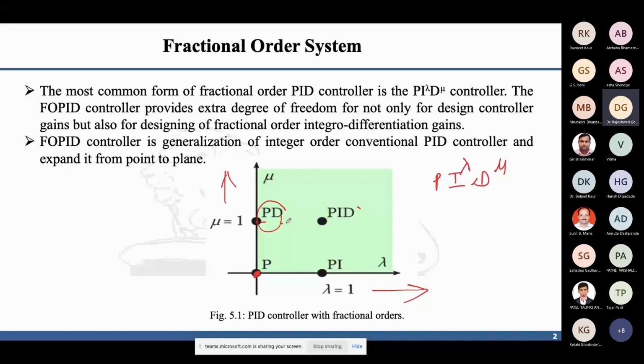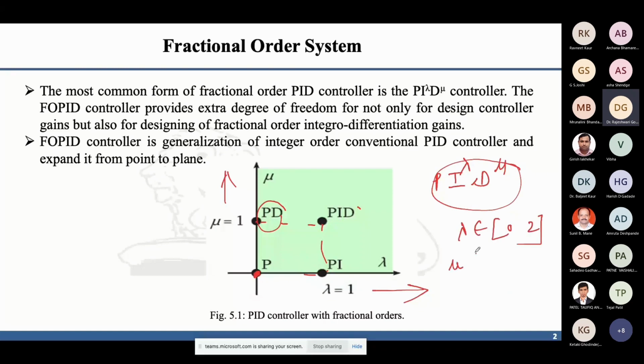This is the generalized, I can say conventional, controller which we have seen in our BTech classes, right? P, PI, PID, PD, etc. Now the new thing was introduced around 1999 by Podlubny, as I just explained, who gave this flexible structure. Now, what is the flexibility in this? We can have lambda between 0 and 1 or more than 1. Mostly we use lambda between 0 and 1 only, or 0 to 2 at maximum, right?